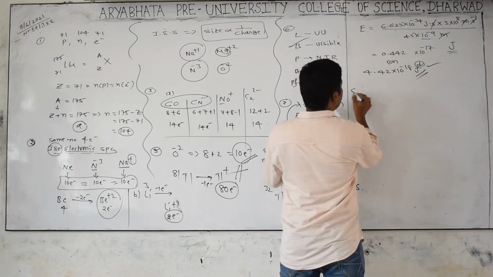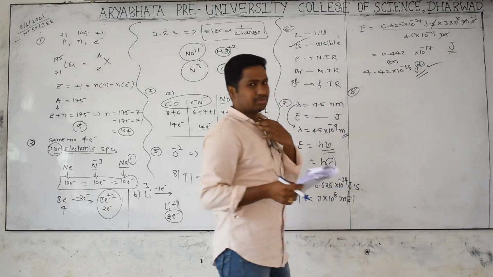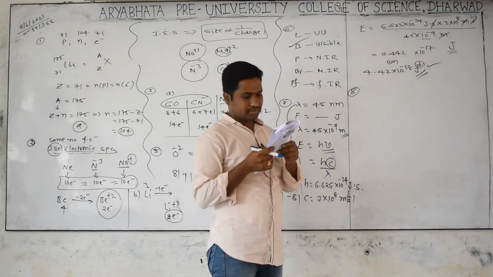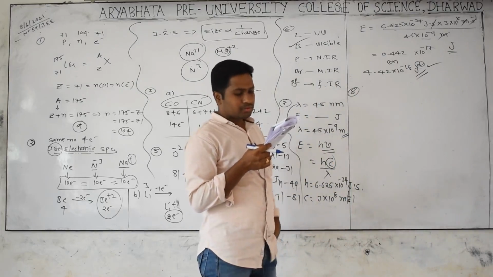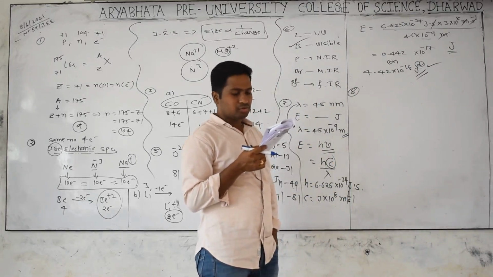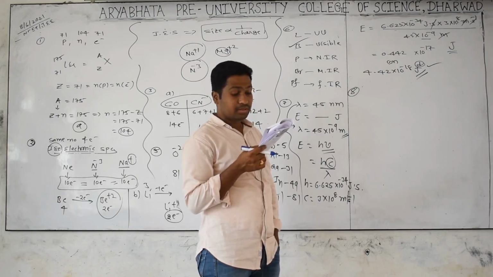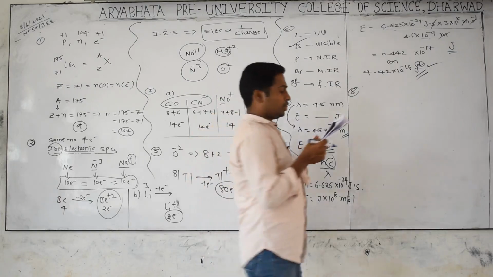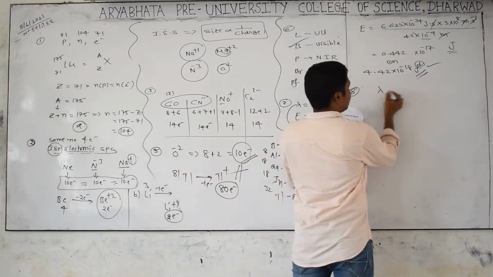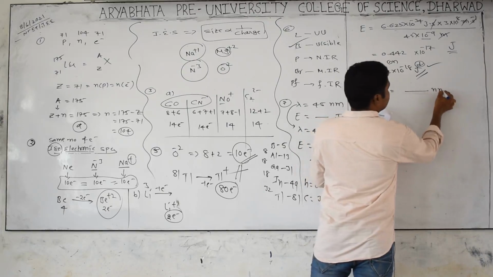You can go for the 8th question. Simple things from the CET and NEET point of view; you may be asked these simple questions. The value of Planck's constant is given in joule second, and the speed is also given. Which value is closer to the wavelength in nanometers of a quantum of light whose frequency is also given? He wants the wavelength value in nanometers.